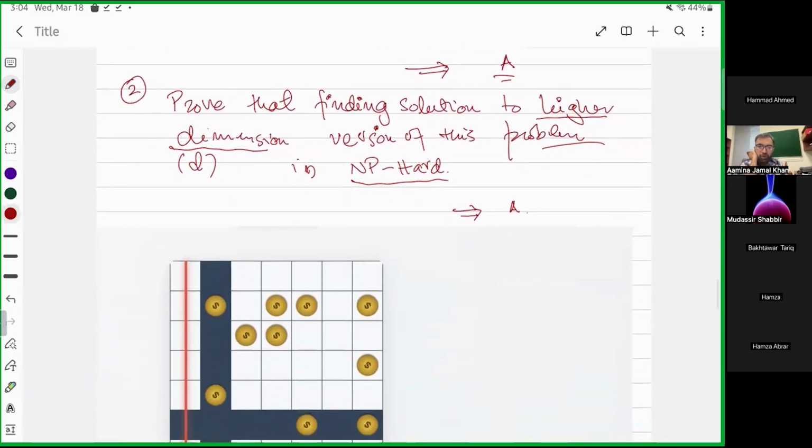The second problem was to prove that a higher dimensional version of this problem is NP hard. I stated this problem without defining कि NP hardness क्या होती है. वो हम